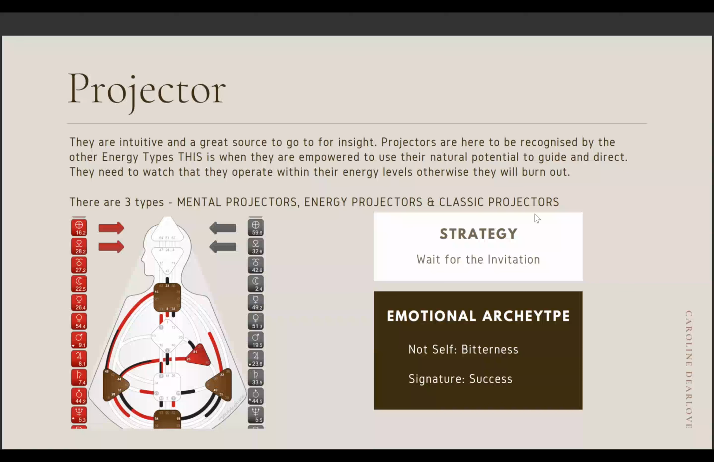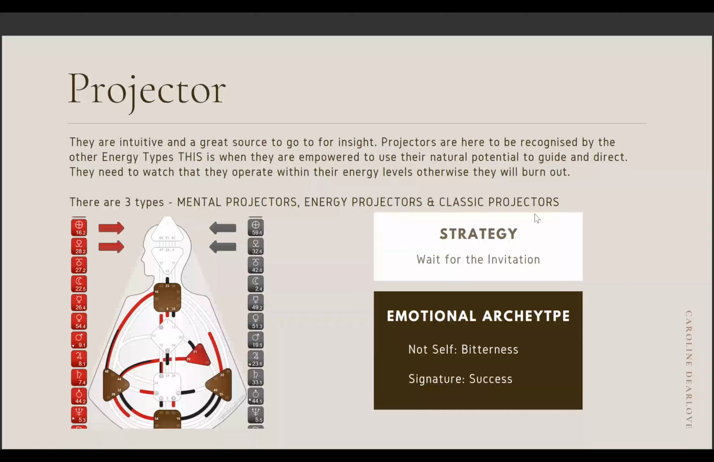Now, the thing with a projector is that their strategy here is to be recognized, and then when they're recognized, they're going to be invited to share. So waiting for that invitation. The recognizing piece is really big here. And what's really interesting is the projectors that I have found that find it difficult being recognized by others, they generally don't recognize themselves. So really, if you are a projector, I want you to begin to truly see yourself,